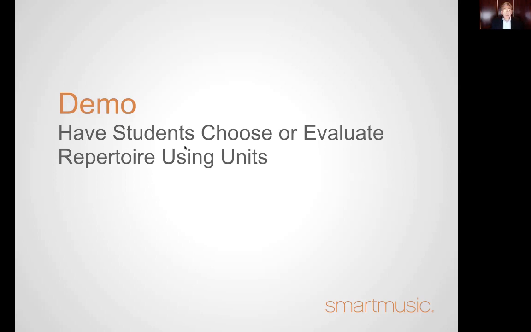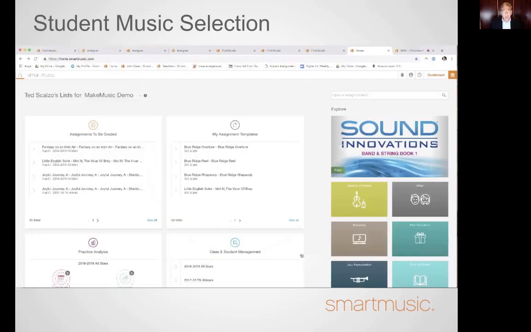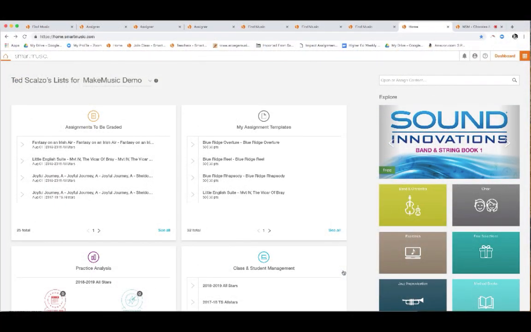So what we're going to do is I'm going to demonstrate now inside of new SmartMusic how this would work. Okay, so we're going to take an assignment here and create an assignment that's just really going to be a part of a unit. And the whole focus on this is having students work on 4 different pieces. And at the end, they're going to choose the one particular piece they work on. So we have this social studies thing going on in our school where they're studying the Blue Ridge Mountains, or it could be we even live in the Blue Ridge Mountains.